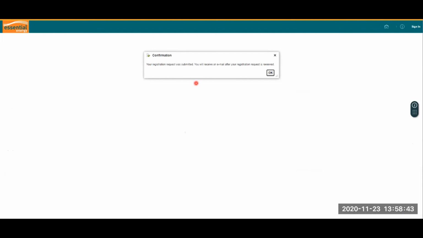Should you require any further information, please refer to the user guide for registering as a prospective supplier, which is available from our website, or send an email to